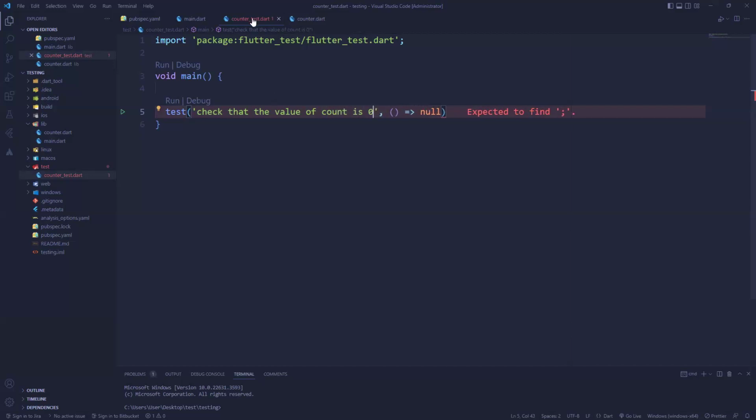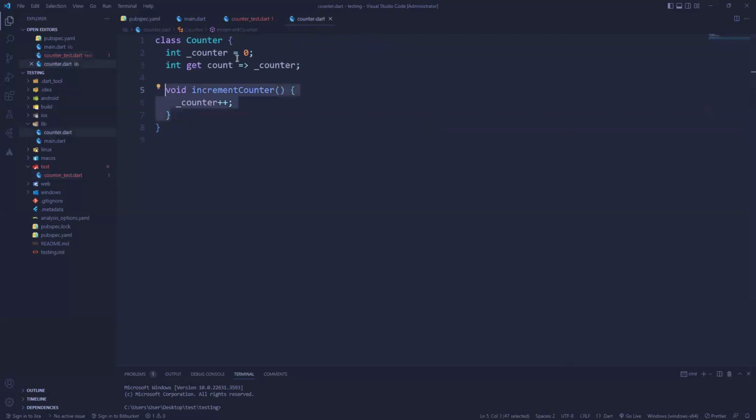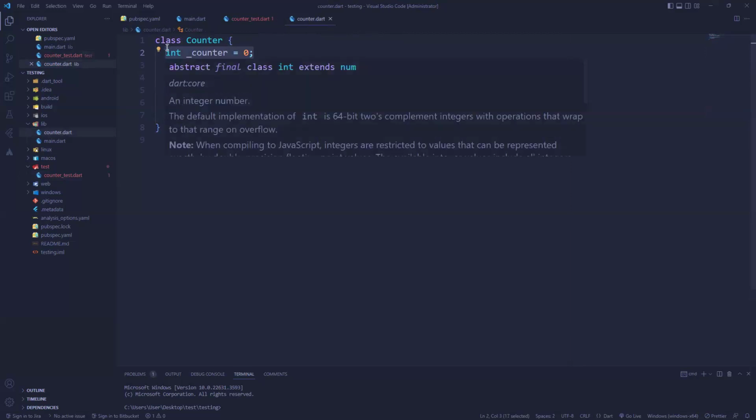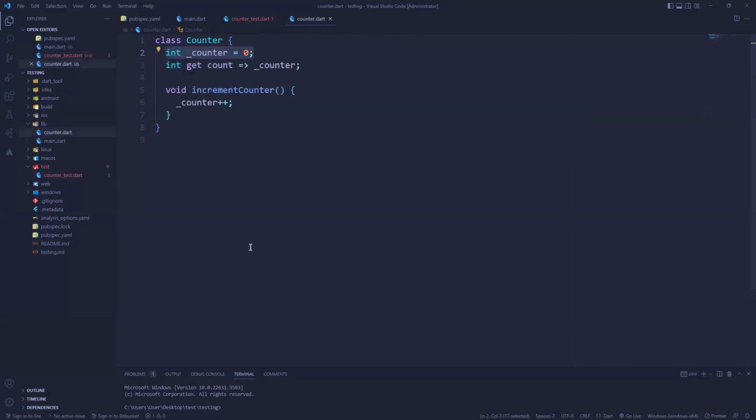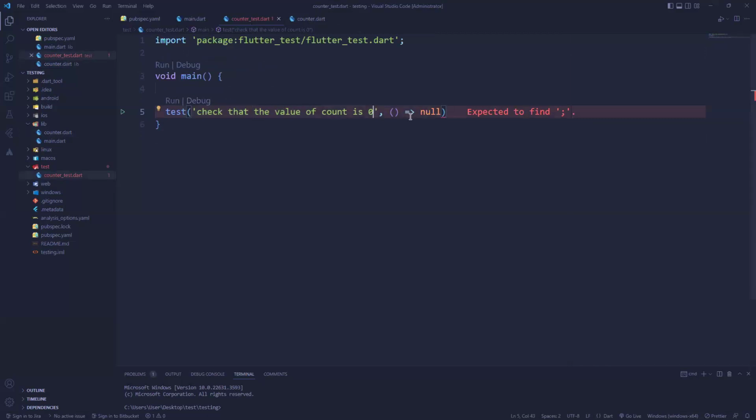So what do we want to do? Remember, in our counter class here, we first of all set the counter to be 0. That's the very first thing. So when you even run the application, you should see 0 first. So we want to actually check to be sure that 0 is what is initialized. And of course, that's what it should be because that's the default value. But let's just test it, right? So check that the value is 0. And then I'm just going to take this out and then we'll pass in what we want to